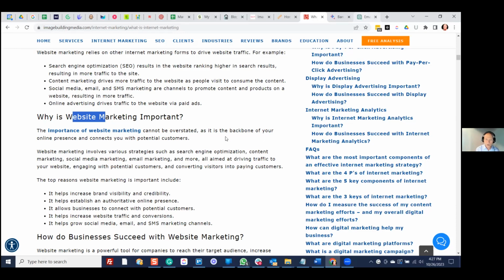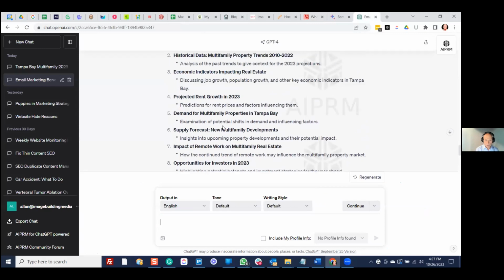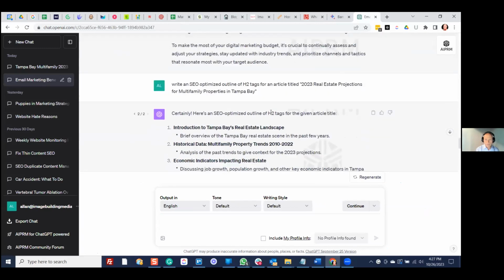So I've started here with asking for this H2 tag outline. Now I can go through here and I can say to ChatGPT, in the outline above, remove number 3, and it'll remove number 3 and rewrite it. Or I could say, in the above, change number 3 to, and tell it what to change it to, it'll change it and rewrite that outline, okay? So when I'm happy with the outline,